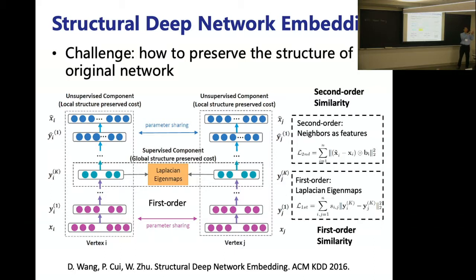Basically, the difficulty is how we keep the structure from changing in the new mapping domain. It is structure preserved embedding. So once we need to keep the first order structure, we also need the high order or second order structure. Then we use deep learning and can keep this part. Matrix factorization can only keep the first order. This is the idea. I will not go into the details. This is the KDD data mining conference, ACM KDD, in 2016. This paper was widely cited. In just 3 years it already has over 600 citations. It's the first work to use a deep neural network to do network embedding.